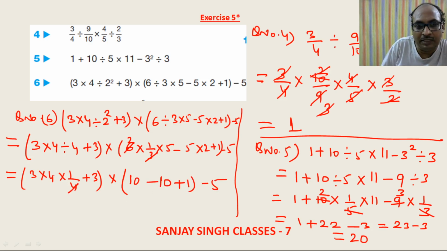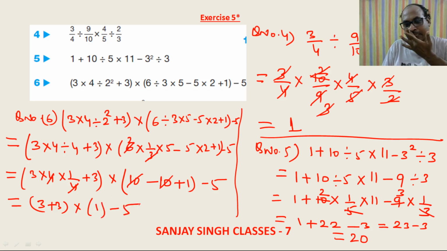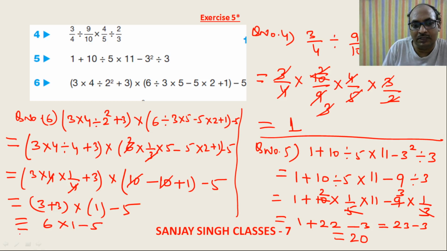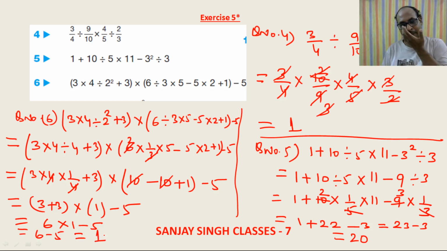Now here this 4 and this 4 we can cancel, and it will become 3 into 1 as 3 plus 3, into this 10 minus 10 will get cancelled, it will become 0 and plus 1, so into 1 here in bracket it is there and minus 5, right, okay. So 3 plus 3 will become 6 into 1 minus 5, and it is giving to us as 6 minus 5, which will be equal to 1, okay. So the answer will become 1 here,